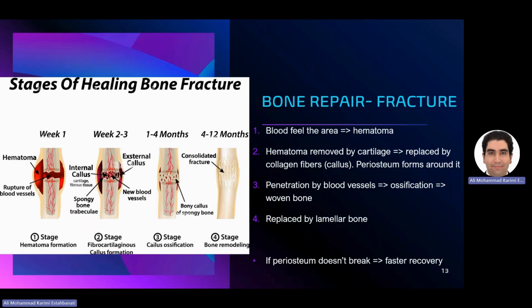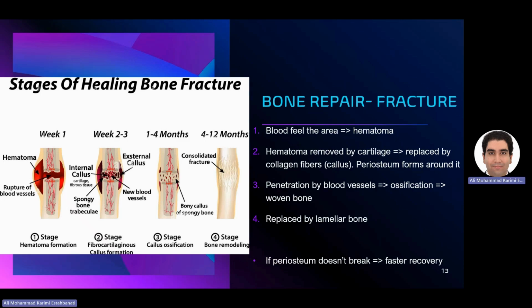And finally, we get to the very interesting part: bone repair after a fracture. So let's assume that this was your leg, your femur, and you did some activity, I don't know what, and it resulted in a fracture. So this fracture will divide these 2 areas of the bone. Now, obviously, there are some arteries in there, so the blood will just pour into that area and eventually harden in that area as well. They will form something called a hematoma. Okay? Now, about 2 or 3 weeks after the fracture, this hematoma will get removed by different